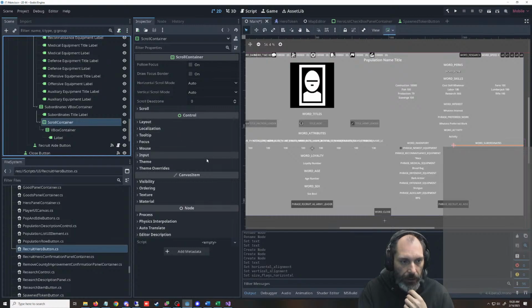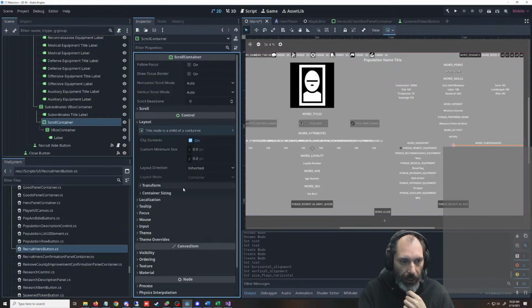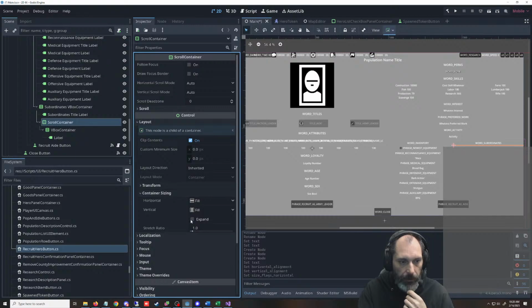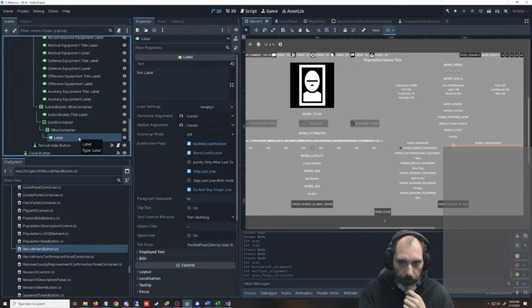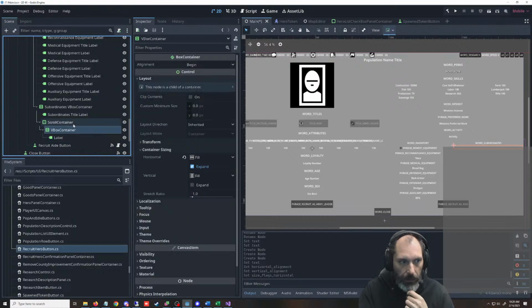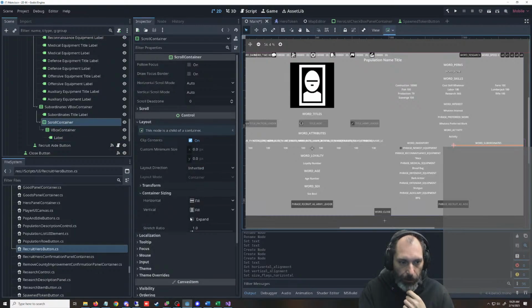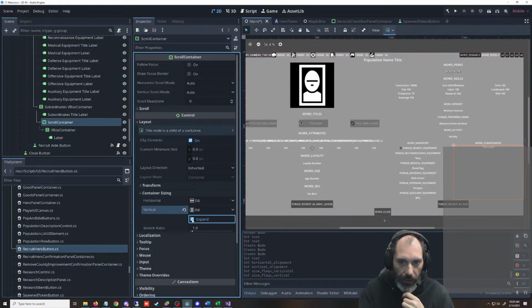Is it because you're in here? Horizontal is expanded. It is a scroll container, I think. We just need this temporarily in here. Why can't I see you? You're there. Oh, we needed this to expand in this direction too. There we go.